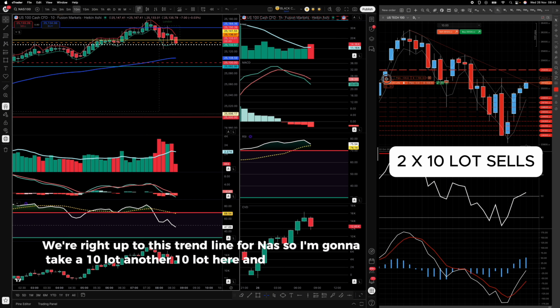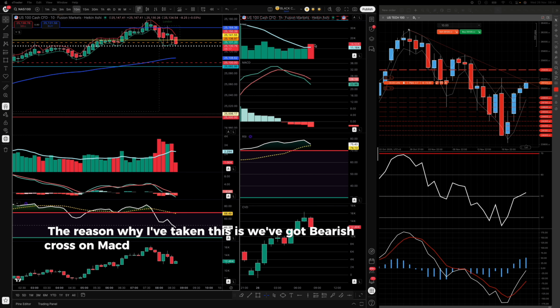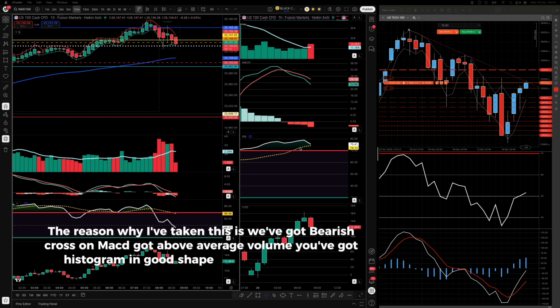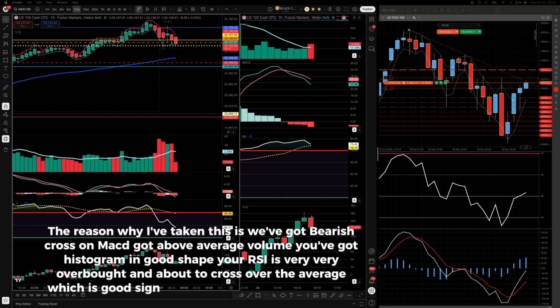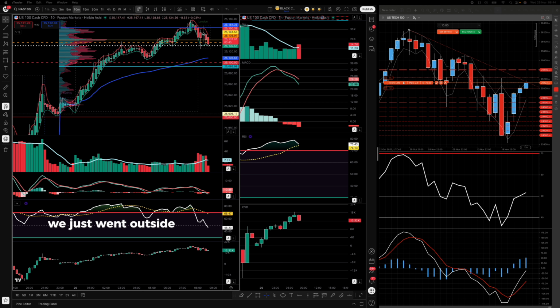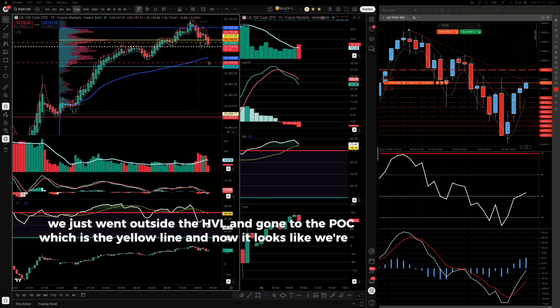The reason why I've taken this is we've got a bearish cross on MACD, we've got above average volume, you've got histograms in shape, your RSI is very overbought and about to cross over the average, which is a good sign. Again, bearish CVD on the hourly. We just went outside the HVL and gone to the POC, which is the yellow line, and now it looks like we're on our way to the VWAP, which is also where the LVL is, and the